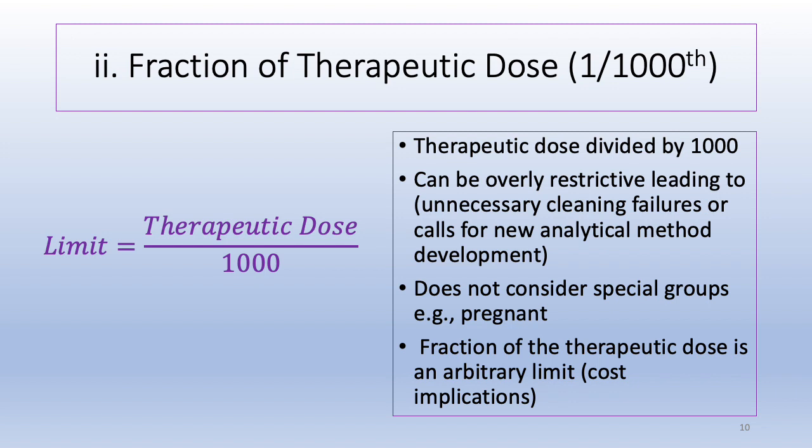And just generally, like I said earlier, a fraction of therapeutic dose was just an arbitrary limit, and there are cost implications, some of which result from the issue of analytical method development. So it was not necessarily the best approach, although at least this one did include some pharmacology. And we can say, in quotes, it did also consider the toxicological implications, because if you're talking about 1,000th for